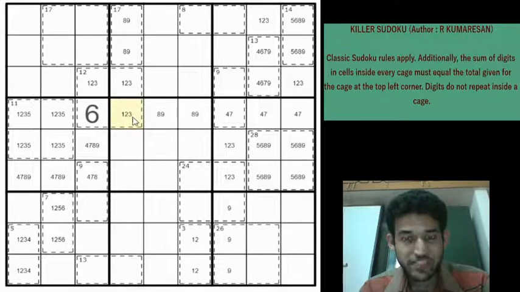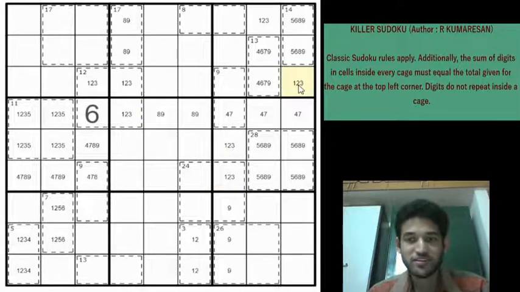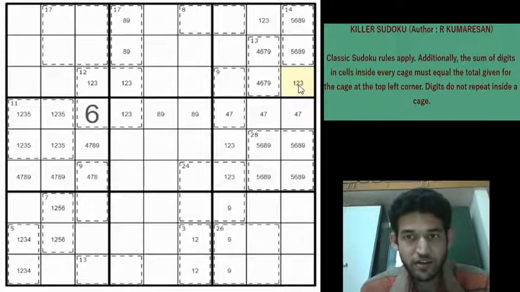Again, going by the same logic, whatever is here, 1, 2 or 3, must be here, right? 1, 2, 3 and 5 is in this case. So if you have a 1 here, then 1 must be in these two cells. If you have a 2 here, 2 must be in these two cells. And if you have a 3 here, 3 must be in these two cells. Using simple classic rules, you can say that this cell, row 4 column 4, and this cell, row 6 column 7, and row 3 column 9 must be equal. Beautiful. I don't know if this will help in the solve, but it is great to spot such logics.